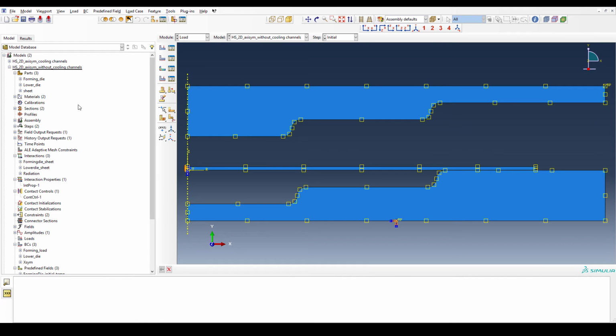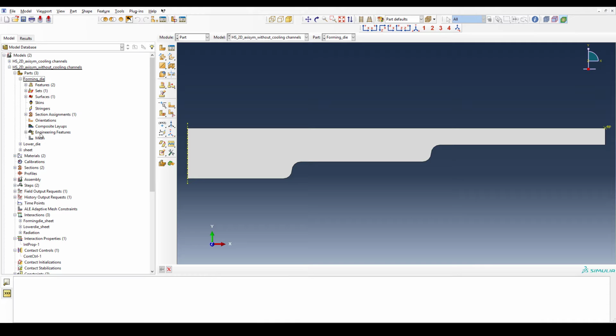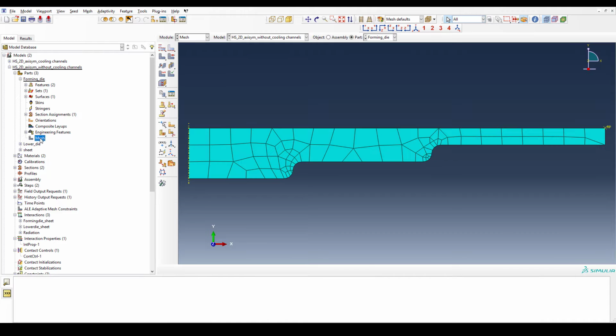Okay, hi again. So this is our CAE window now. This is an assembly that we have already shown. First, again, I will go with the parts. This is the forming 2D die I have shown. I have modeled it and we have shown the mesh. It's quite big, but at the corners I have tried to make it a bit